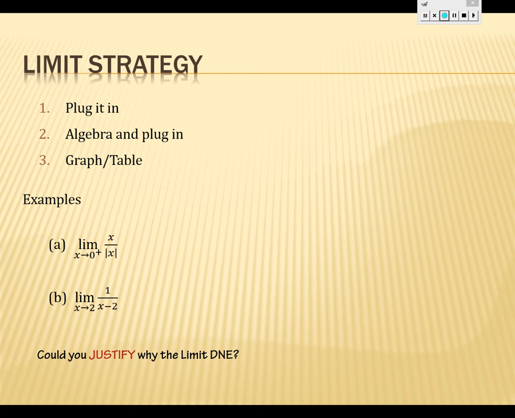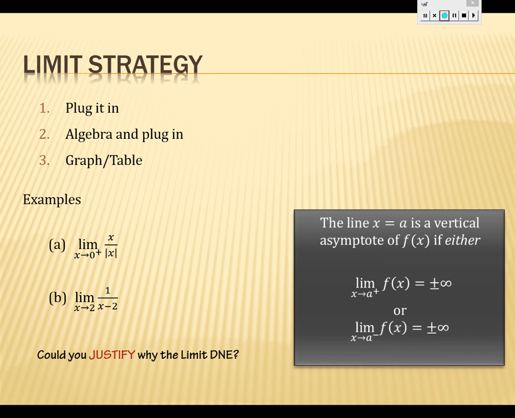I know we're already in weird territory with infinity, but we'll say more about that in a second. Just to go back to what Peter said, yeah, there is a vertical asymptote there. I'm copying and pasting this from my pre-calc class, just to remind you that this is the definition of a vertical asymptote. If the limit from the left or right, now it's a little bit circular because we haven't defined what the limit is, but,